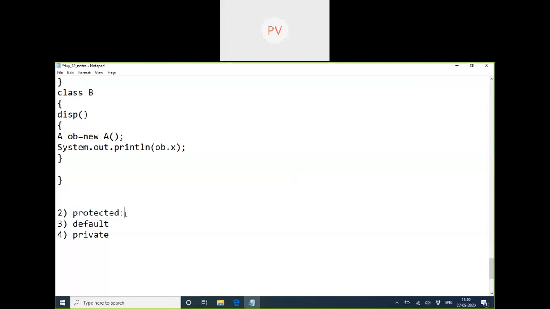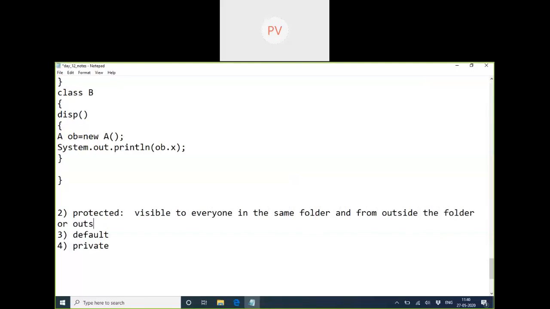Then only we'll understand this topic. Protected keyword. It is visible to anyone or everyone in the same folder. And from outside the folder, or outsiders we can say, only the inherited or the child classes can access. So here we are saying a child.